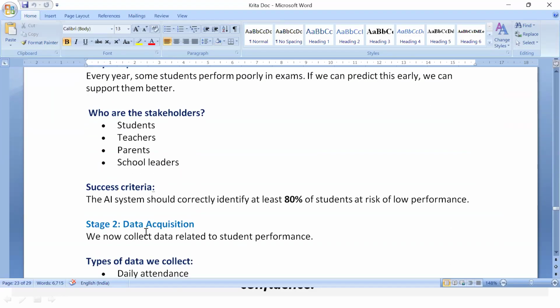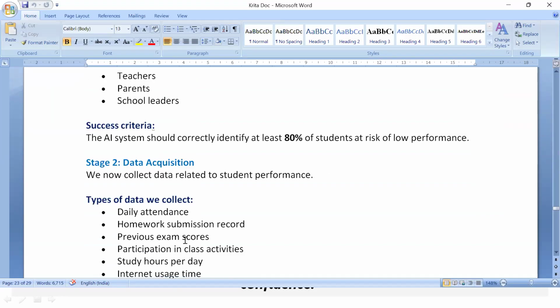Okay. And data acquisition means gathering information to take a decision. We need some information. Daily attendance will take. Why is this student getting low marks in his examination? What are the reasons? We start digging the reasons. Daily attendance will take. Homework submission, then previous